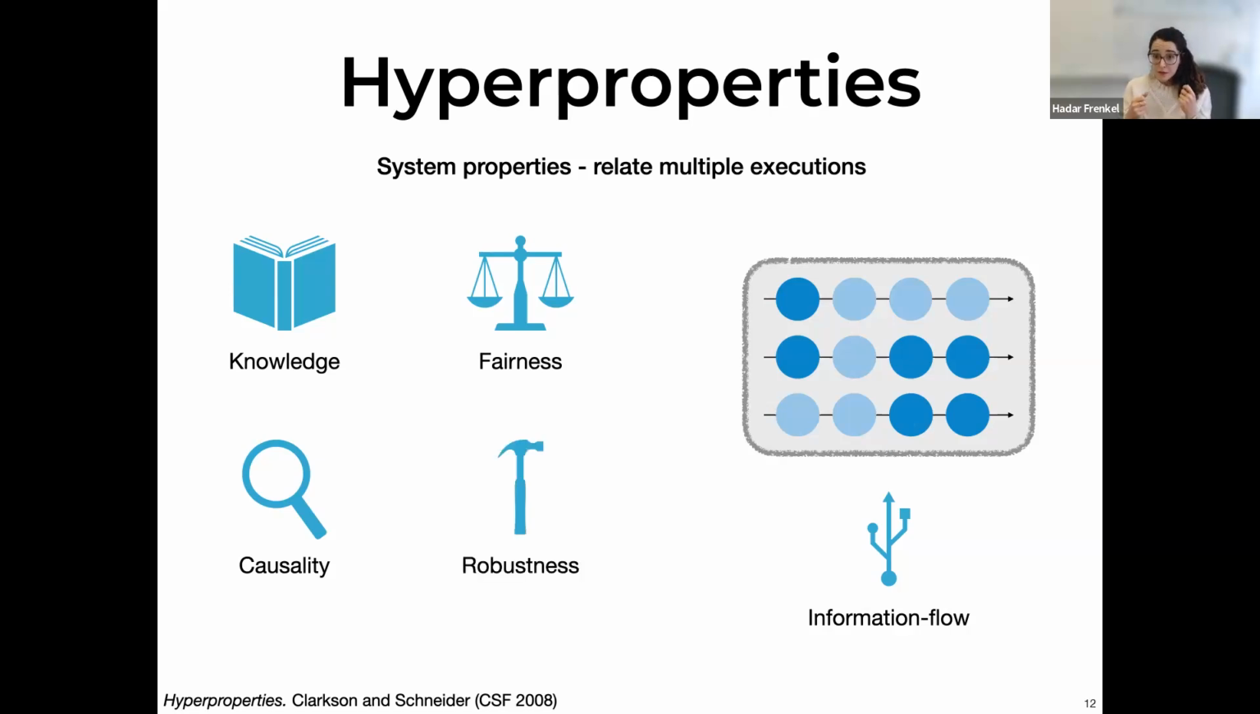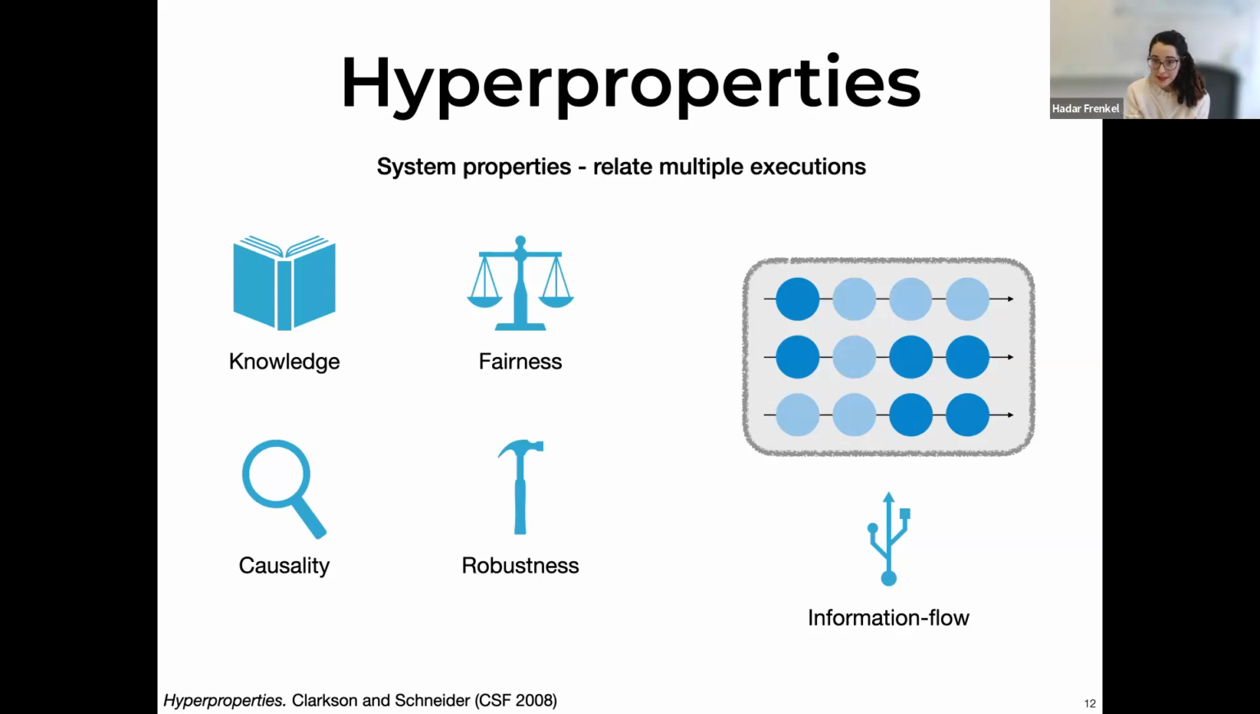Robustness, so that the system behaves similarly when given similar inputs. Again, I will have to check executions with similar inputs and compare these executions, and then I can conclude that my system is robust or not robust. So hyperproperties are really everywhere, and therefore it is our responsibility to make sure that we can express these